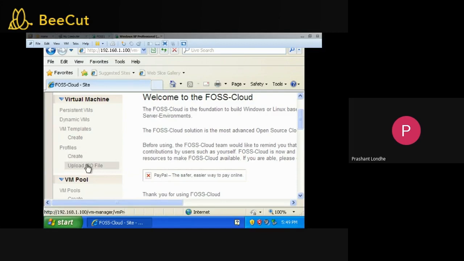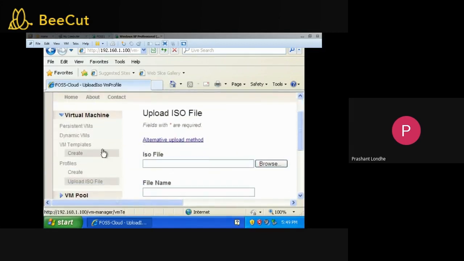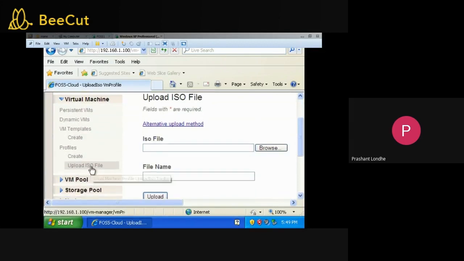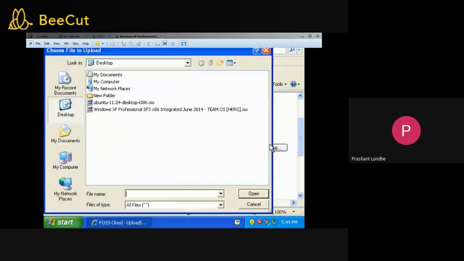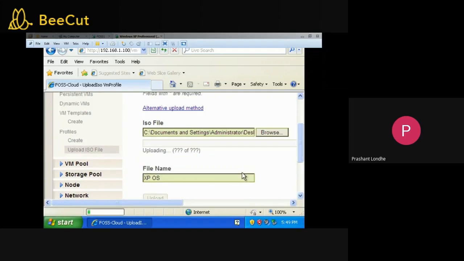So here I will upload the ISO file first. Once I click on upload ISO file, I need to select the path for the ISO file. Now I'm selecting Windows XP. And then I will just write the name XP OS, and then I will click on upload.